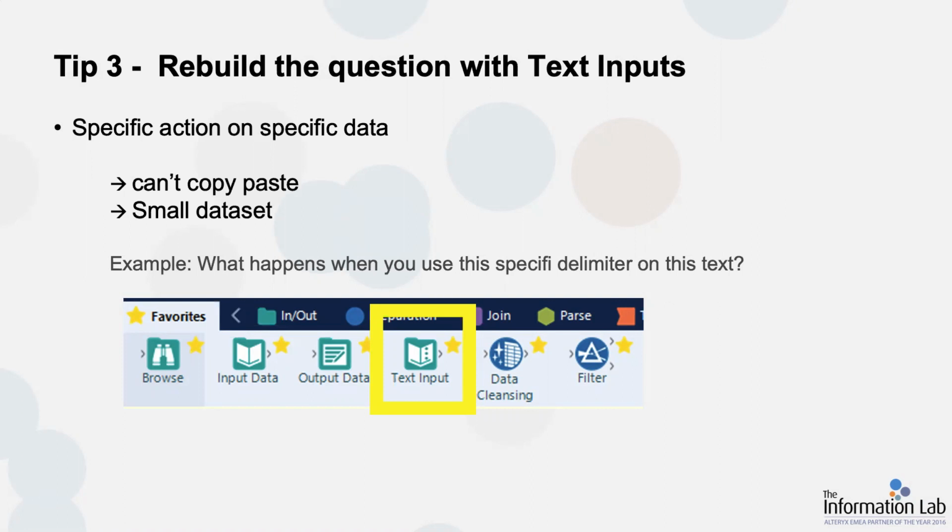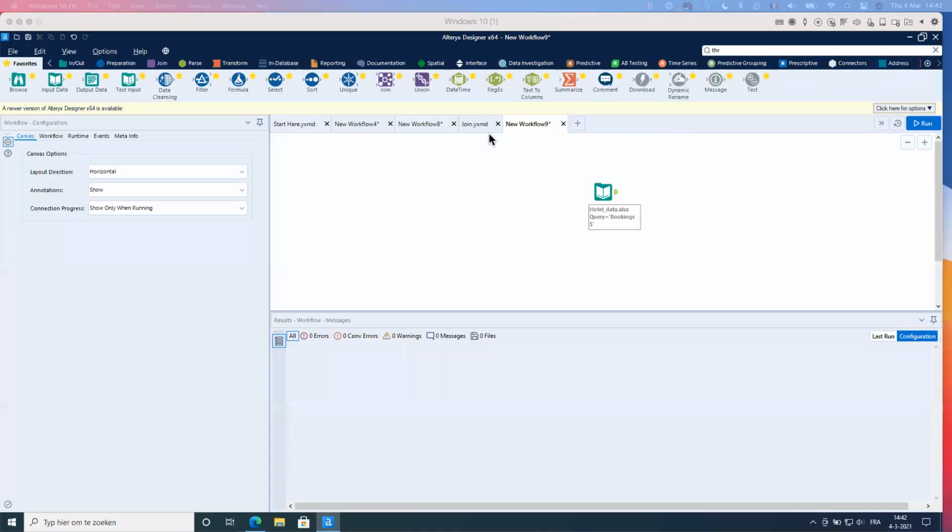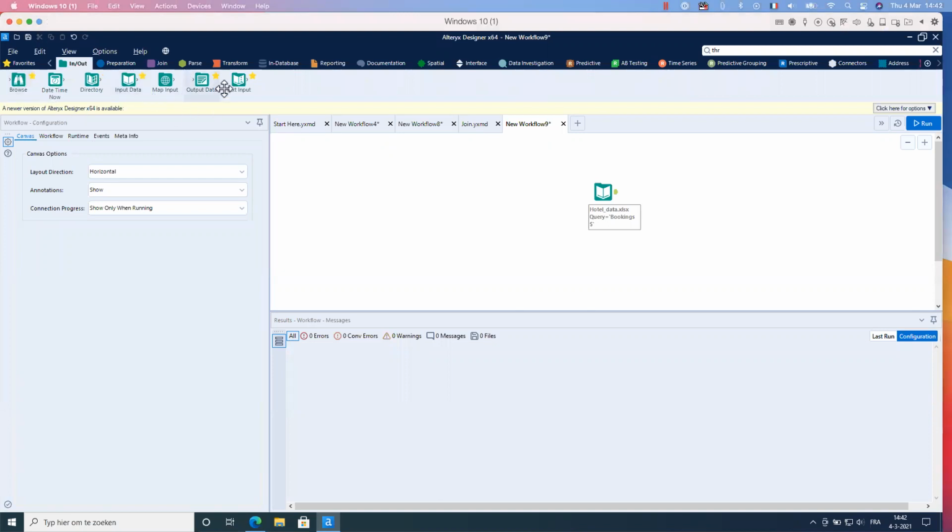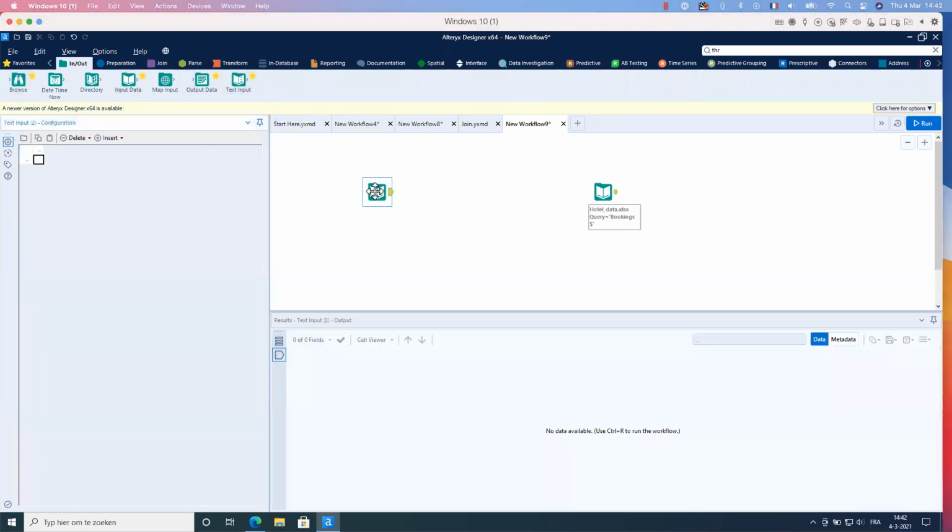For example, a common question will be, what happens when you use this specific delimiter on this text? I can show you directly. I will reproduce the question. I drag a Text Input tool, and then I type the same sentence as the exam. It could be, hello, comma, how are you?